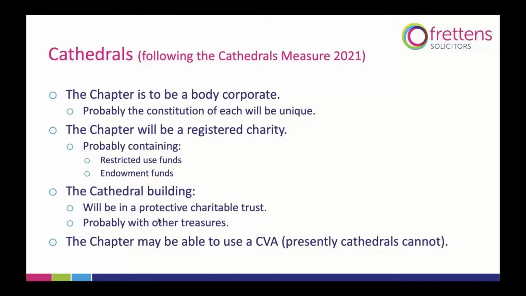So essentially, this ring fences the cathedral building itself and the land it stands on and other important treasures that that particular cathedral owns. I can imagine that, for example, in the case of Salisbury Cathedral, that will probably include the Magna Carta that they have in the chapter house there. And those are assets that you will simply not be able to touch if you were to be the liquidator of a cathedral.